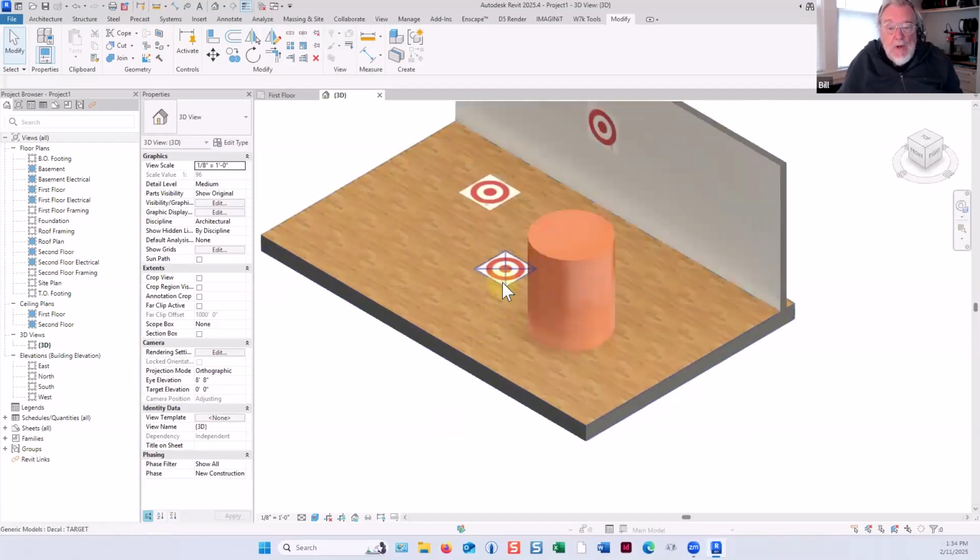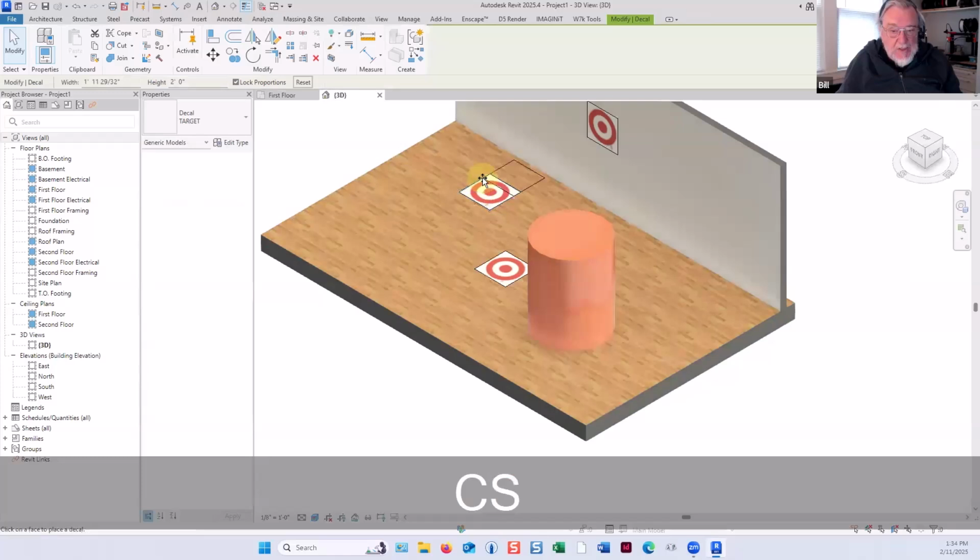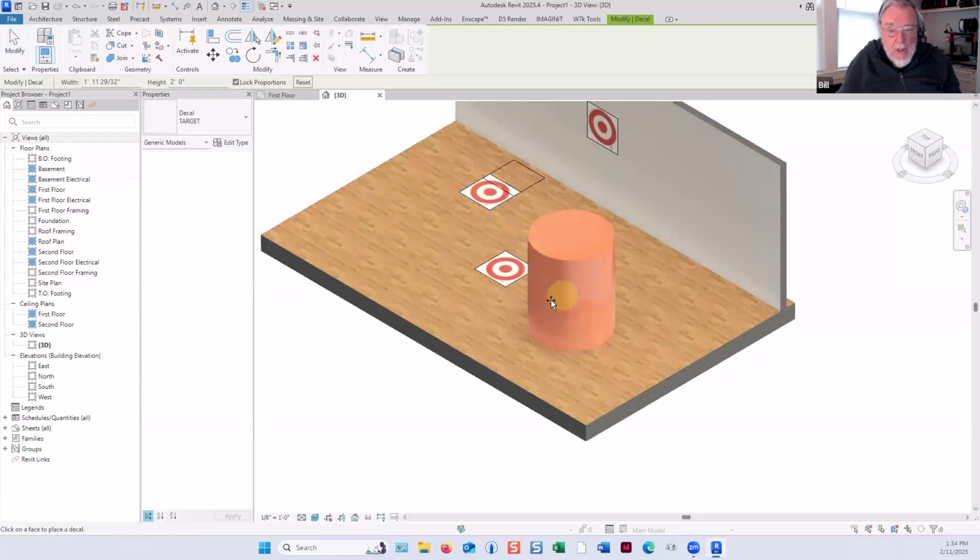So if I stick one of those on here, I can either pick one of these and type CS for create similar. In fact, I'll do that right now, or I could have used insert and placed them. I'll pick it, CS, and you can see how that sticks on there,